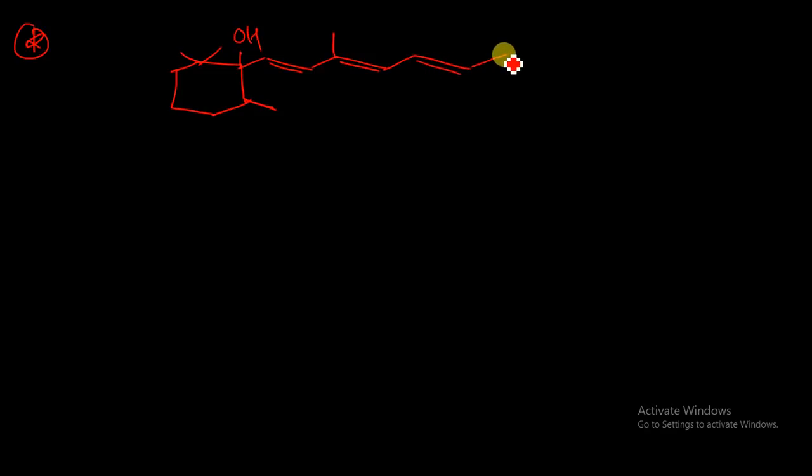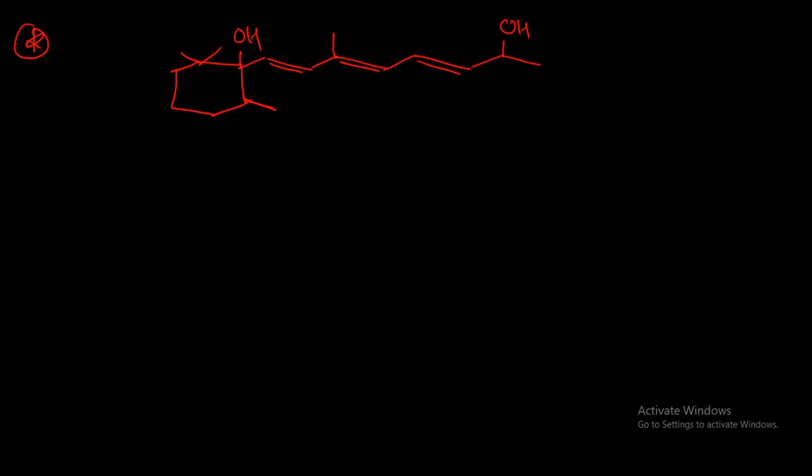Now let us see one more example. I am writing this example. Here I have a single bond, CH3, here a hydroxyl group, here a methyl group. There is a single bond present and here I have a double bond. Again I have this type of structure, single bond over here, double bond over here, and this has an OH group present. This is the structure given in our example.